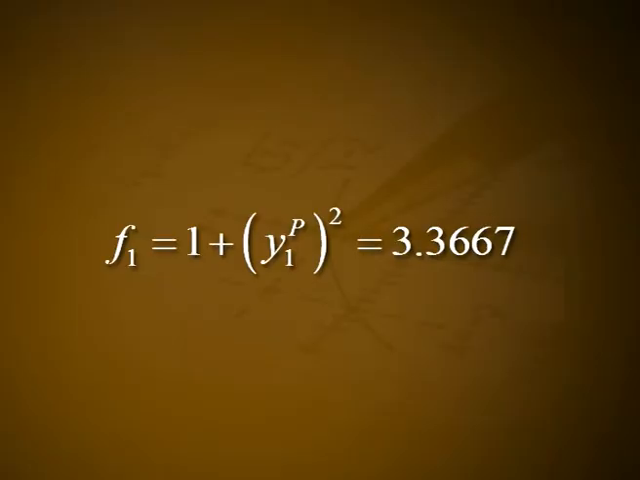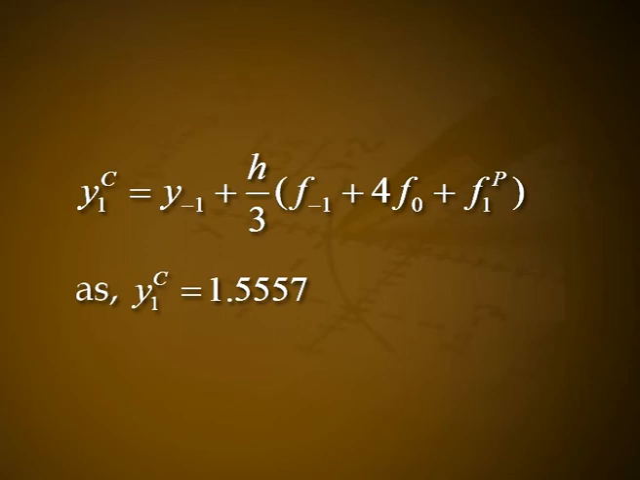Hence, f1 equal to 1 plus y1p square, that is 3.3667. Corrected value of y1 at x1 equal to 0.8 is obtained using y1c equal to y minus 1 plus h by 3 into f minus 1 plus 4 f0 plus f1p, as y1c equal to